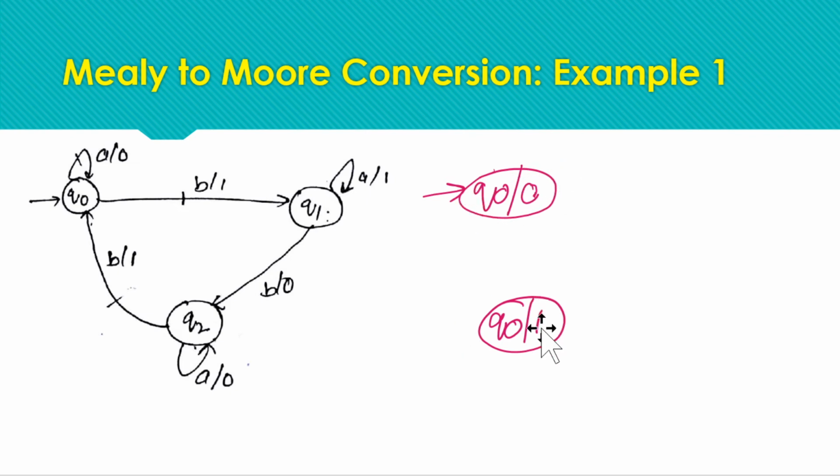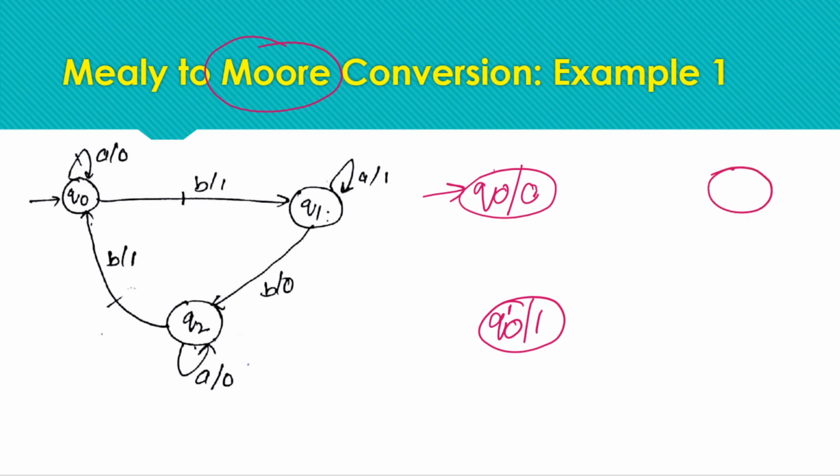As we have 2 states corresponding to the initial state, for the resulting Moore machine we can have either state as the initial state. We can have Q0 with output 1 as the initial state, or you can have this state as the initial state. This is your choice, you can choose either as the initial state. Here we are representing this state as Q0 dash, and this is Q0. Okay, you can use any other name also.